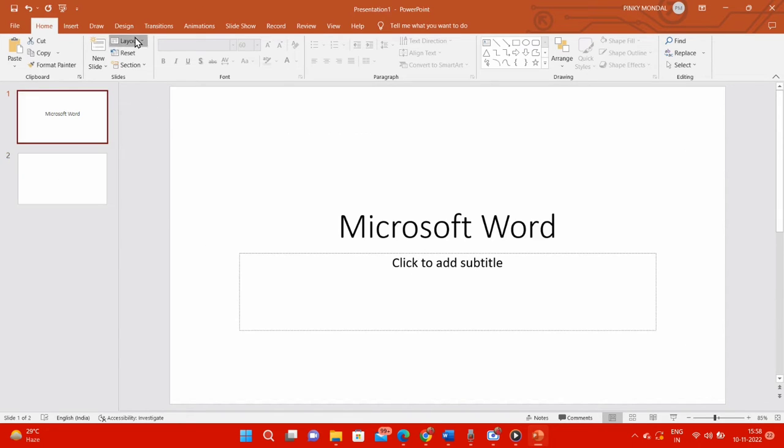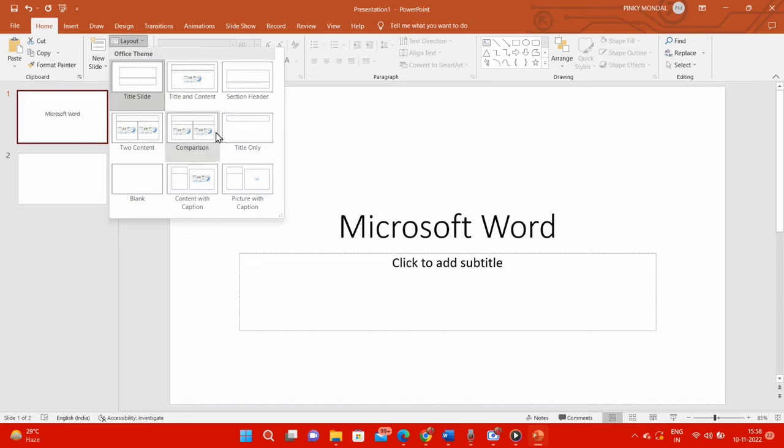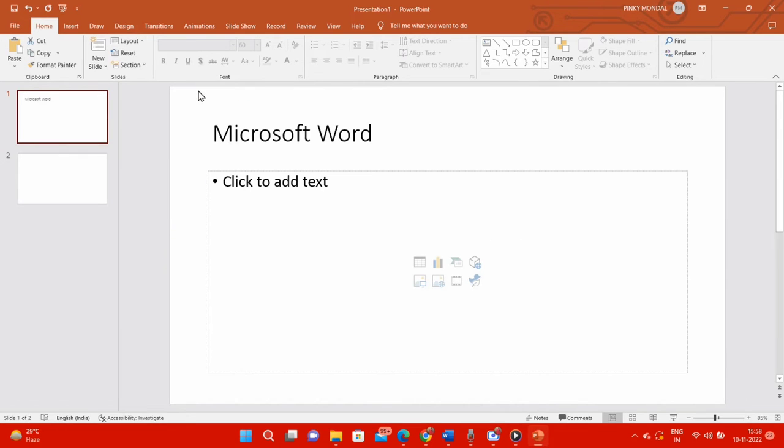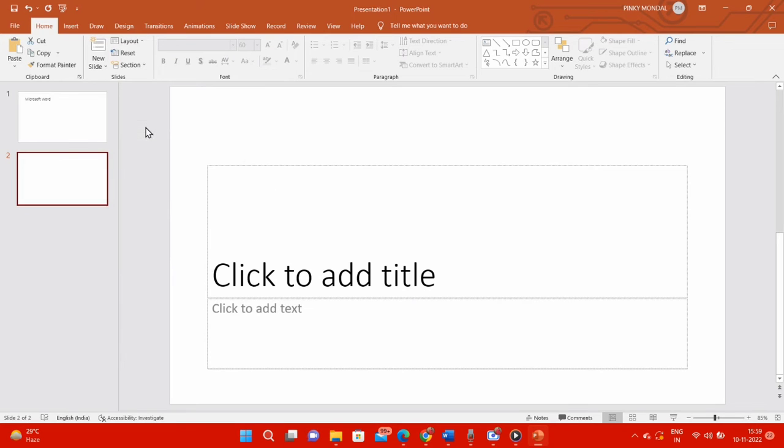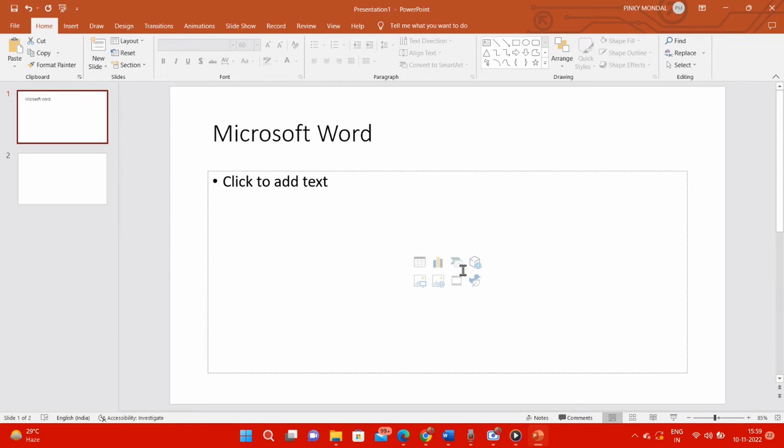If we click on Layout, it's showing several options. For the slide layout, choose one and just click to add it to your slide. Let's change the layout for both slides. If you want to type something here you can, or you can see some faded icons are available to add